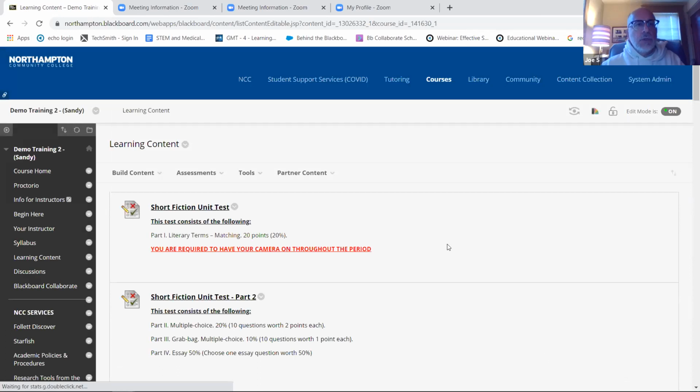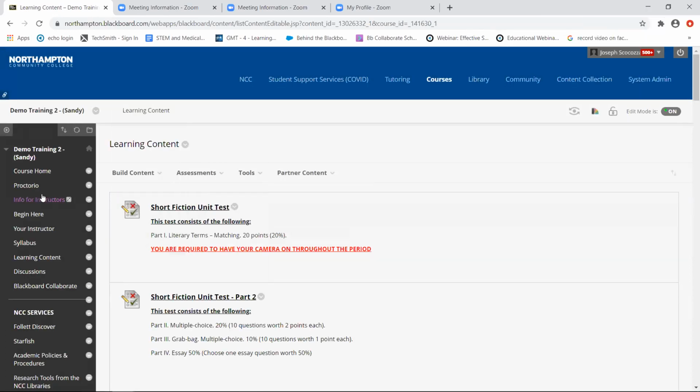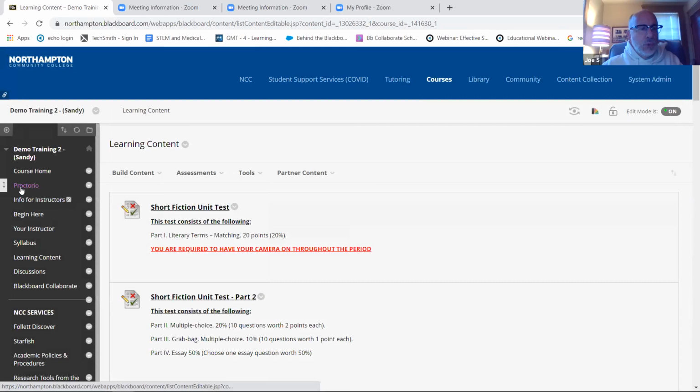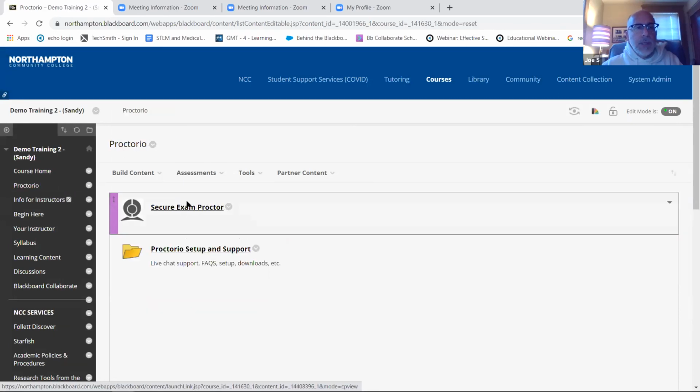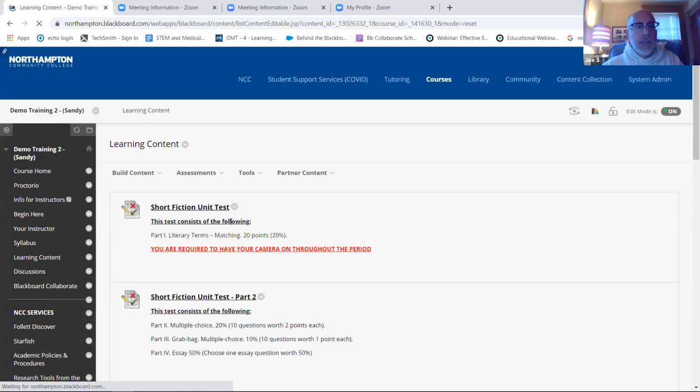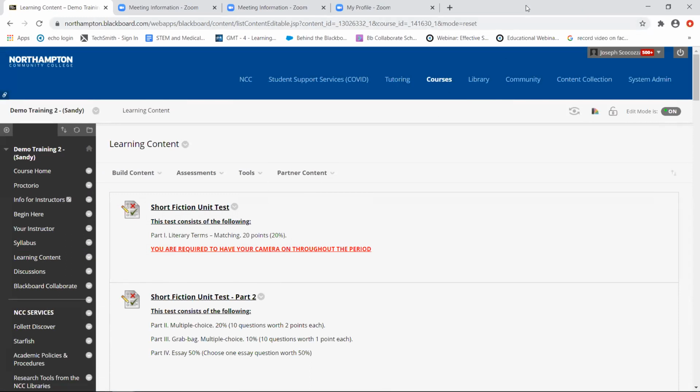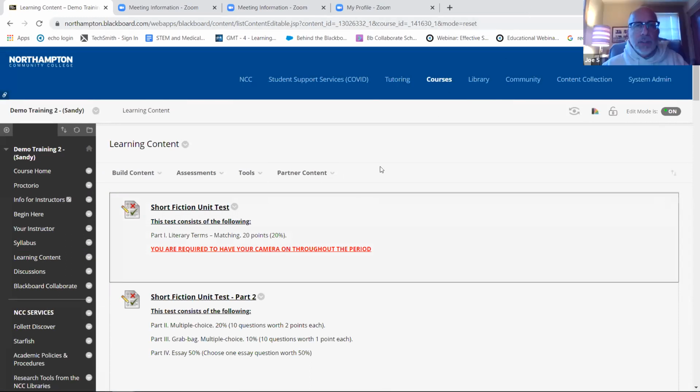The other thing I'm going to do is on this page, remember we had this tool over here in Proctorio, and I just skipped it. Well, on this page in learning content, I'm going to add this tool. I'm going to call it a safety mechanism, just for ensuring that I have connectivity on the page that my exam is on.